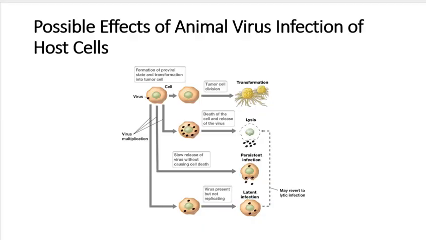So you can take a look at these pathways. I kind of described it for you. Okay, so here's your virus in your cell, and you can get tumor cell division and get transformation and form a cancer. You can cause the death of the cell and the release of the virus, lysis. Okay, you can get a persistent infection because you have a slow release of the virus causing cell death, or you can have a latent